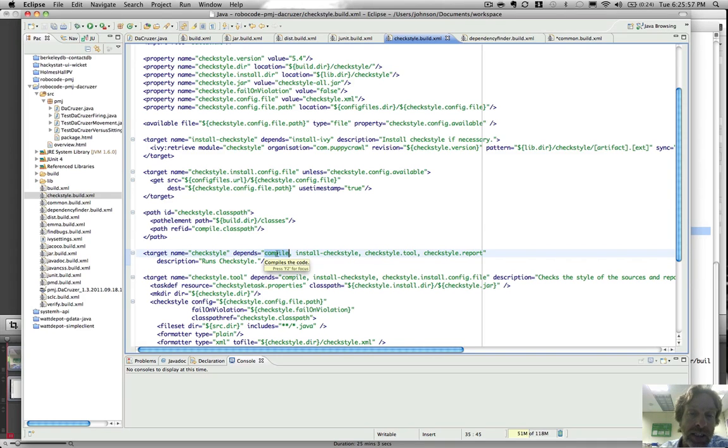And the answer is, what if I said ant -f checkstyle.build.xml install checkstyle? What if I called this target directly rather than implicitly through invoking this target? So this is the other thing about the definition of build files as you think about it: